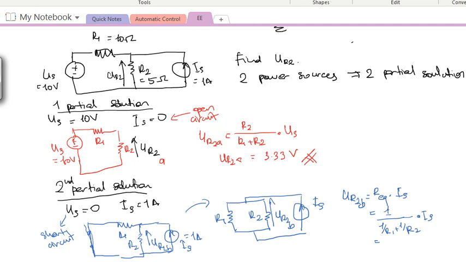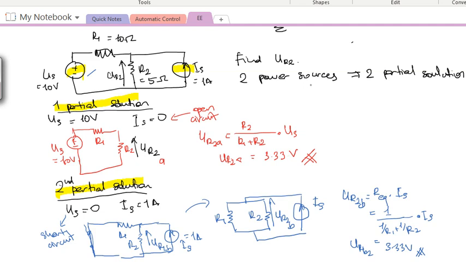And if you do the calculation, you're going to find that R equivalent multiplied by IS, so UR2B, equals 3.33 volts. So this is the solution for the second partial solution. So have we done yet? No. What we need to do at the end is, we have considered the two power supplies, US and IS. We have done both partial solutions. So the final solution,